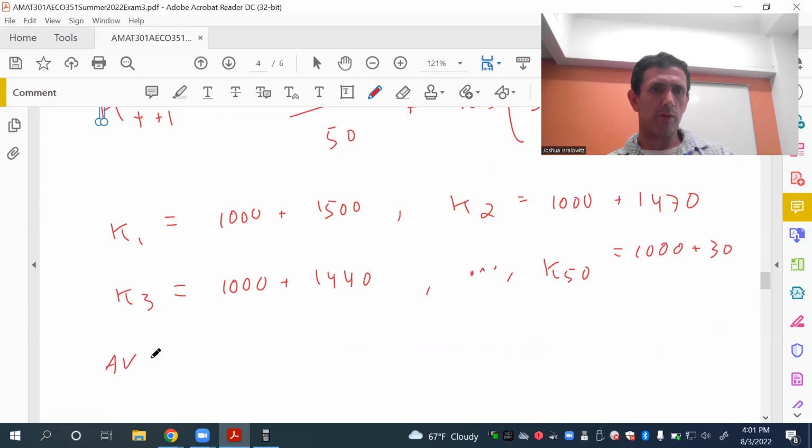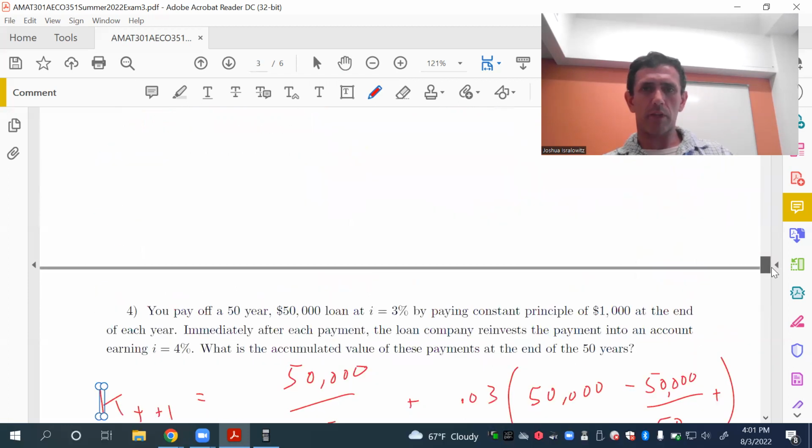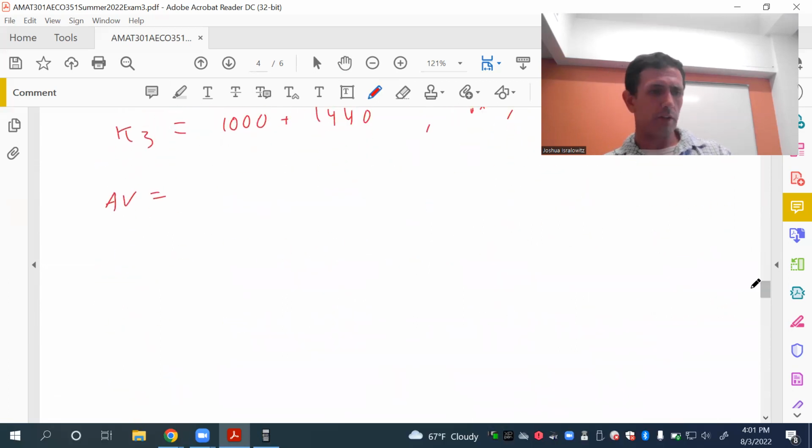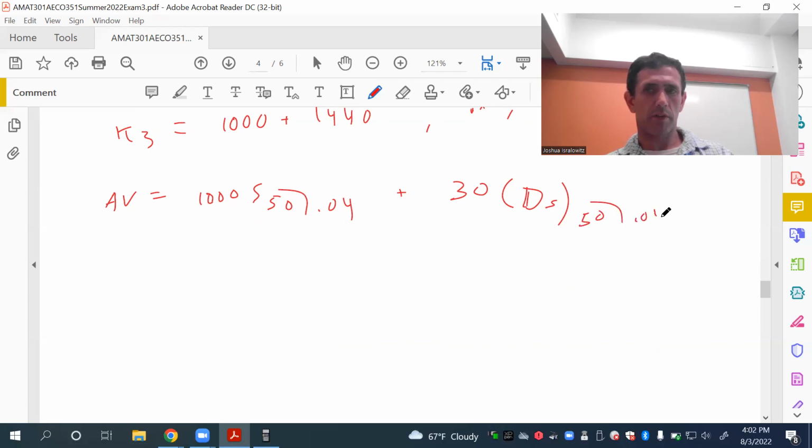The accumulated value, and the interest rate for these payments for this reinvestment account is 4%. The accumulated value is 1,000. It's constant payments. That's 1,000 s angle 50 at 4% plus 30, decreasing annuity, s angle 50 at 4%. And this here, remember, is